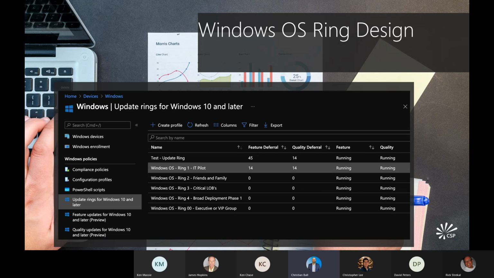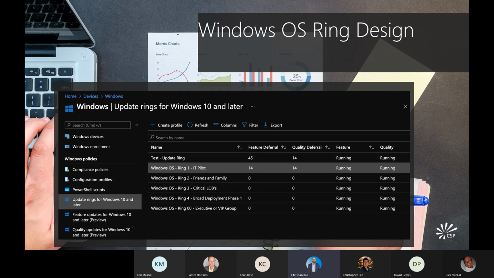And then we do a friends and family ring, which is the best name I've ever heard. Definitely not mine, but I love that name, so I use it quite a bit. Friends and family really is just your folks in different lines of business or different departments or different offices that are IT friendly. They're the folks that are going to reach out to you, provide feedback, and want to be those early adopters. And those are the people you want to get feedback from first before you start rolling out